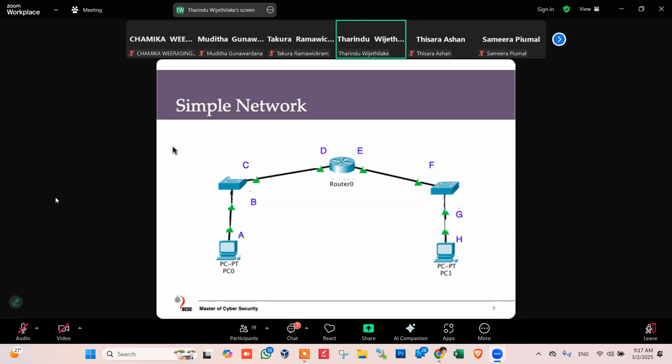I will show you the simulation as well, so you can get a clearer idea. So to do a communication between two devices, let's say this PC0 and PC1, the first thing is you need to